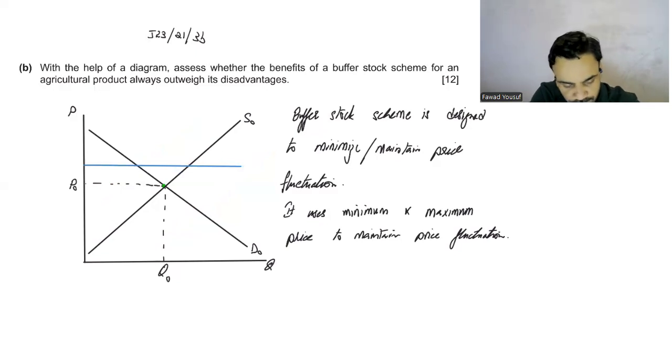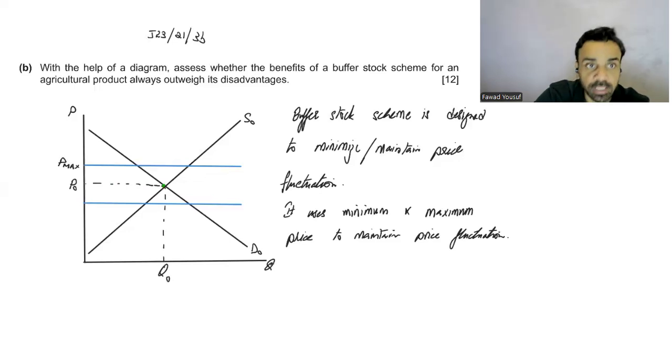We don't want the effective ones, right? We don't want the effective ones right now. So basically, let's say you have a maximum price up here, and we can see that a maximum above equilibrium is ineffective, right? So that's perfectly fine right now. So we have both of them as ineffective. You have an upper range and a lower range, and you want the prices to stay within this range.